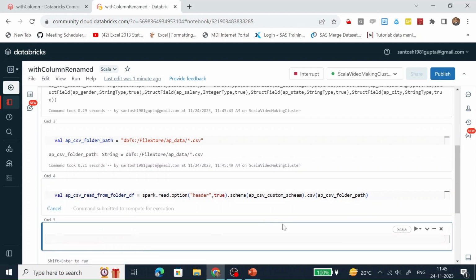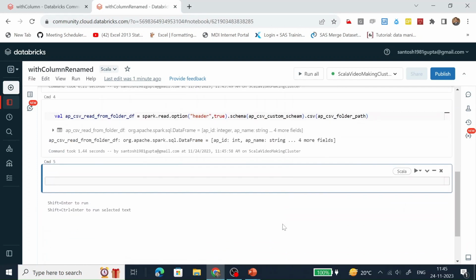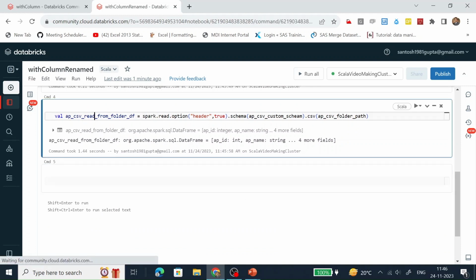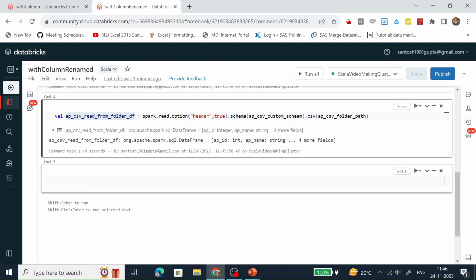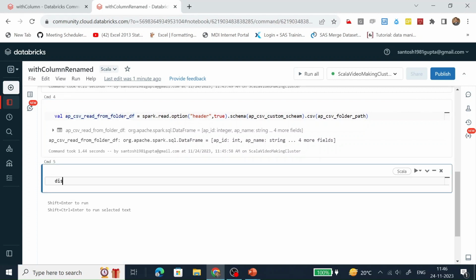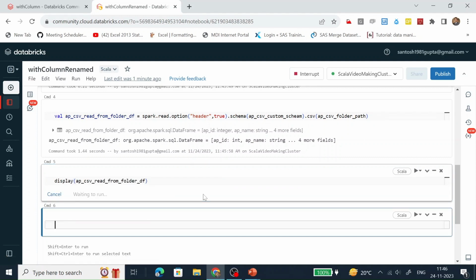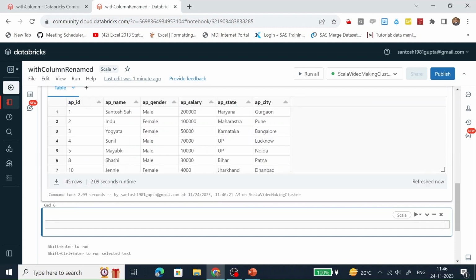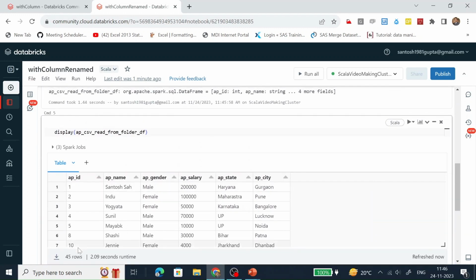Here we are reading the CSV file with the spark.read.csv function. This data frame has been created successfully. Let's see the content. We can see there are 45 records.